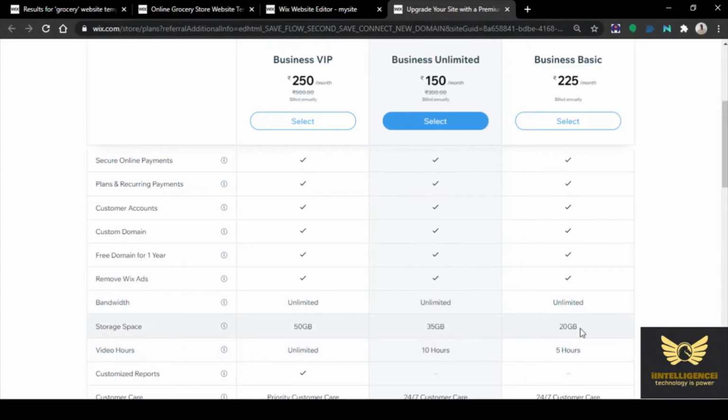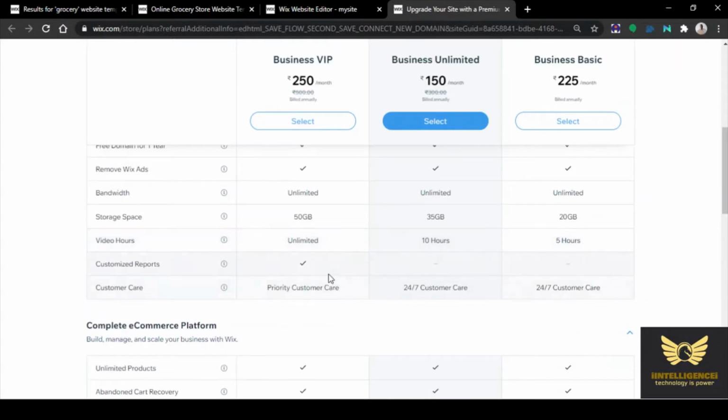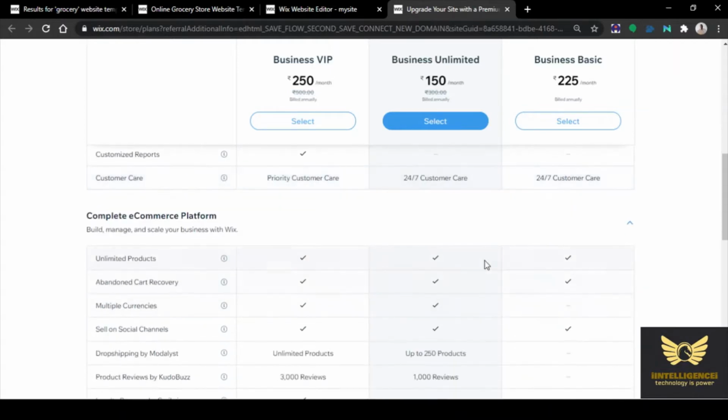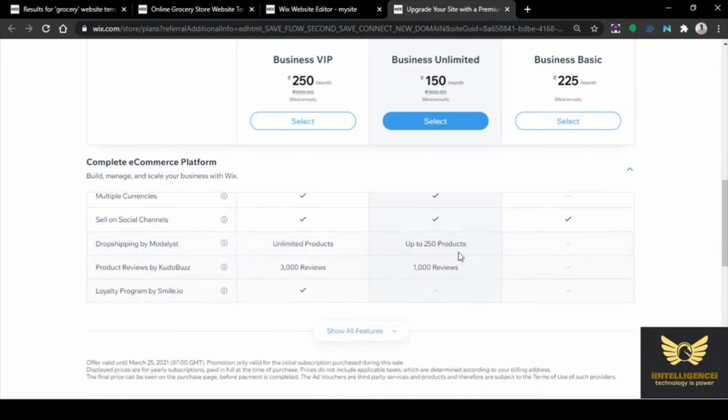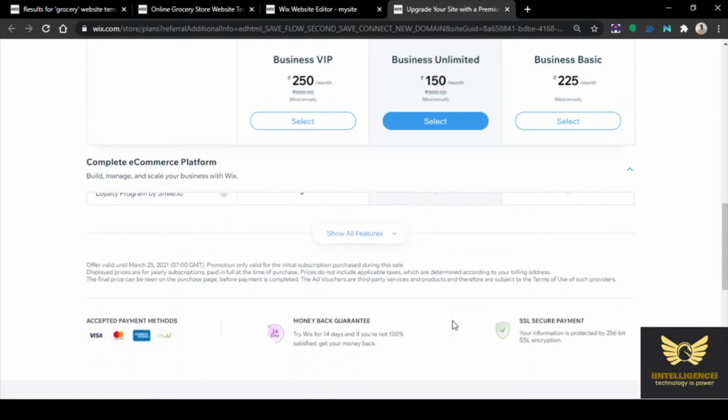It will remove the Wix ad, bandwidth is unlimited, storage space for the first one 50 GB, then 35 GB, then 20 GB. Video hours, first is unlimited, then 10 hours, 5 hours, then customer care, then complete e-commerce platform, unlimited products you can upload, abandoned cart recovery possible in all the plans, multiple currencies in the first 2 plans.